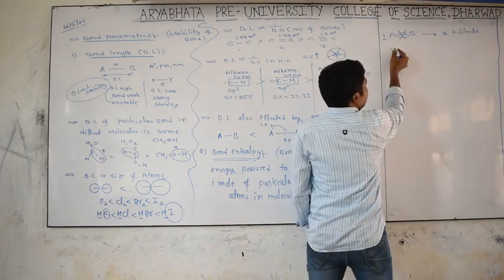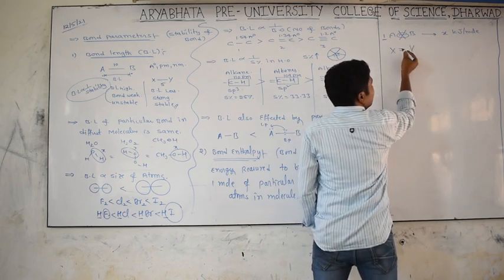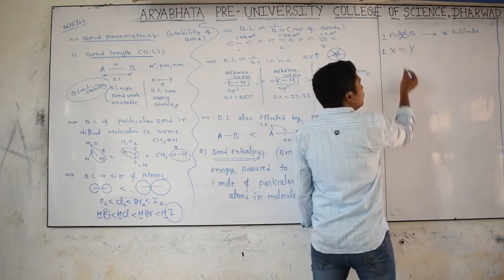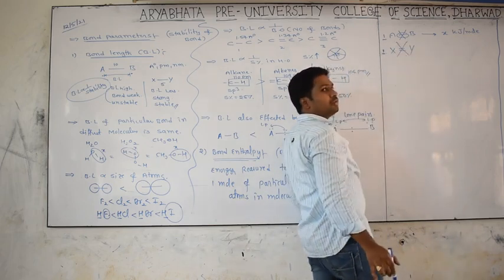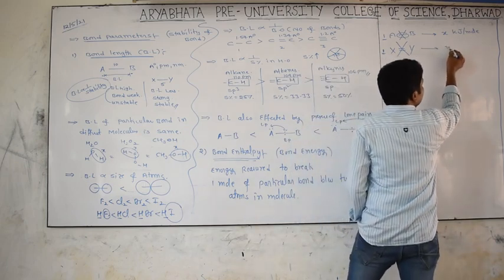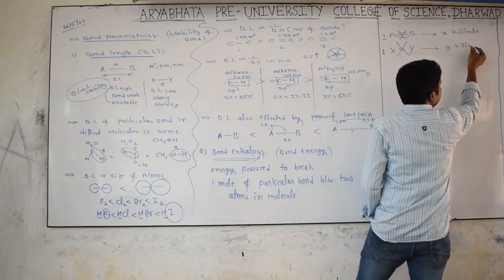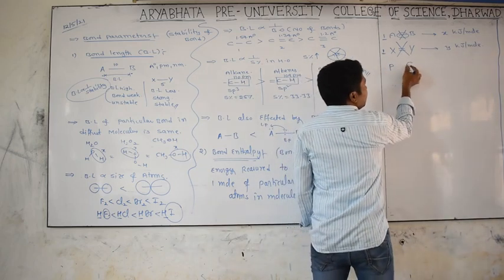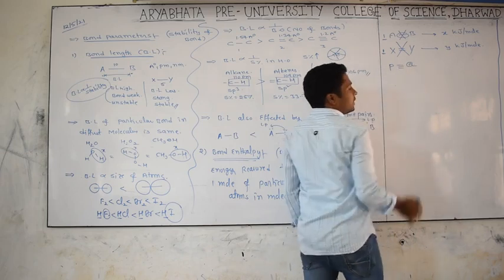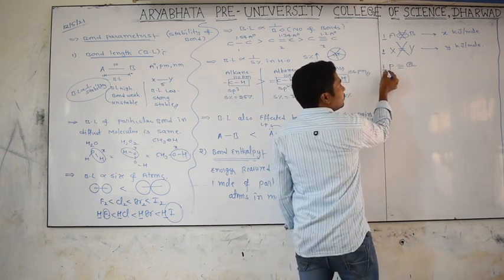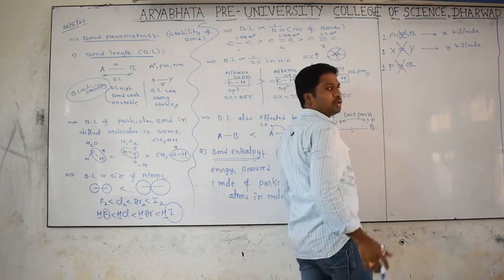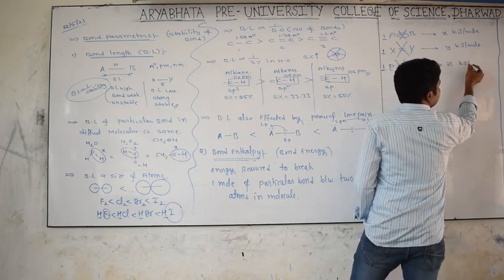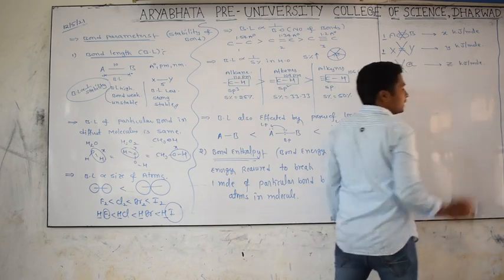Now, for example, X and Y atoms have a double bond between the two atoms, and we are taking 1 mole of XY. The energy required to break that bond is the bond energy, y kilojoules per mole. Not like that. If you take P and Q atoms, they are held together by a triple bond. I am taking 1 mole of PQ. Between P and Q we have a triple bond. The energy required to break it is different, z kilojoules per mole.